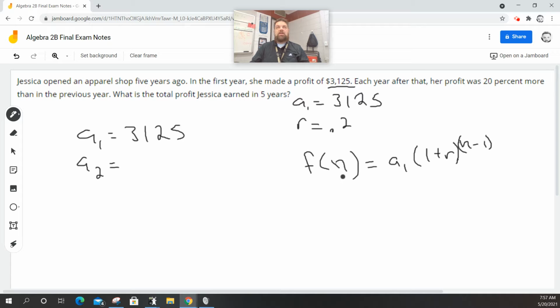Well, we've got to be careful on how we want to count that. So if I want 1 to be 1, yeah, I need to do it this way. Now, if I want to know how much money she made, when n equals 1, then I got